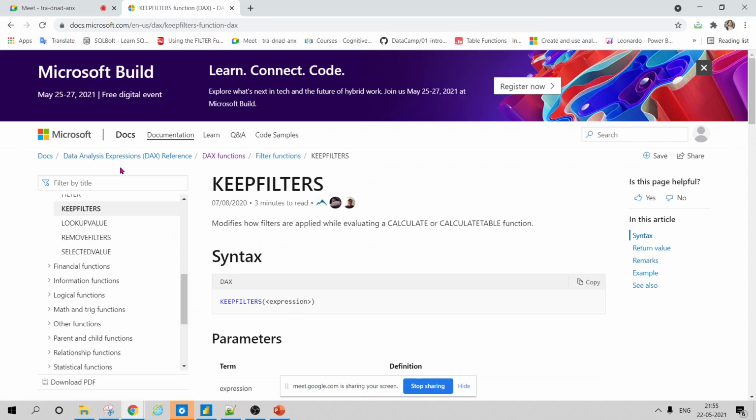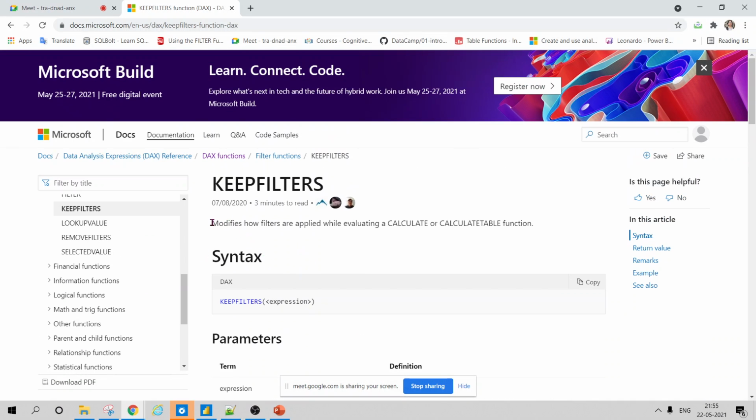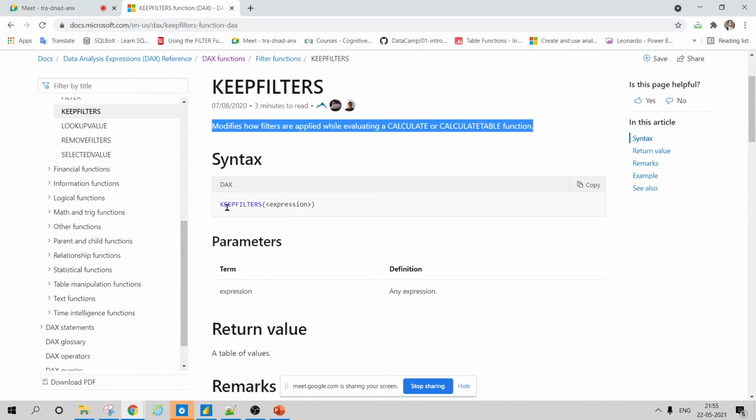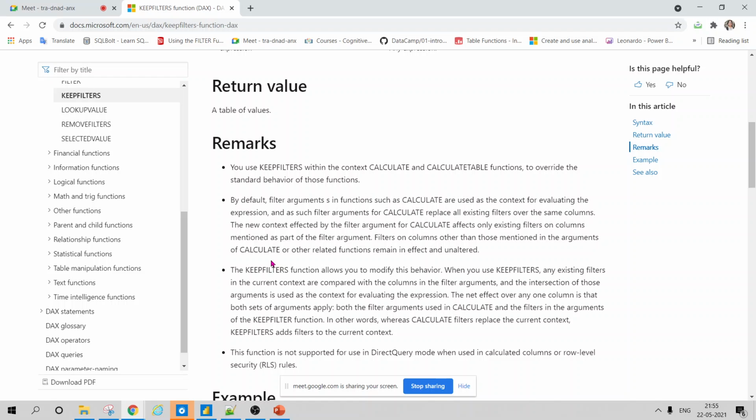This is the best practice: whenever you want to learn about some DAX, go to the Microsoft documentation. It modifies how your filters are applied while evaluating a CALCULATE or CALCULATETABLE function.